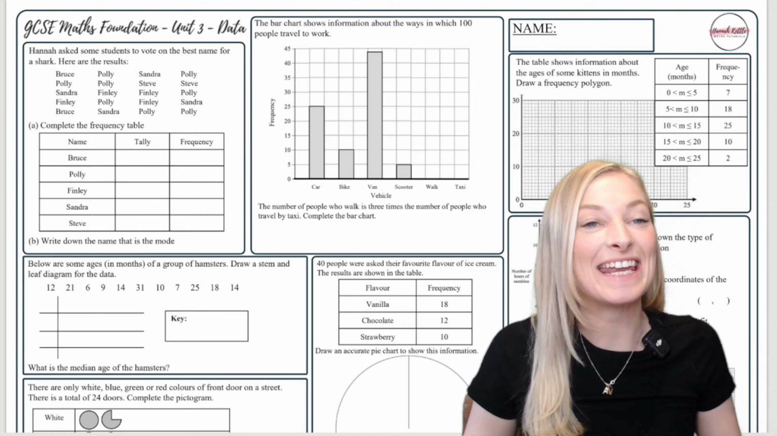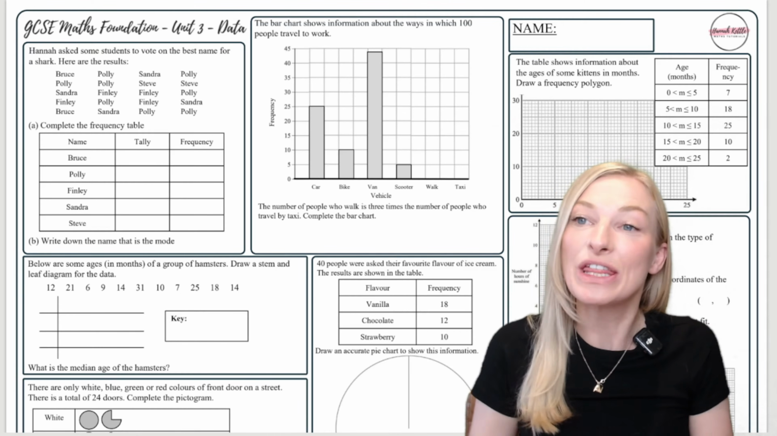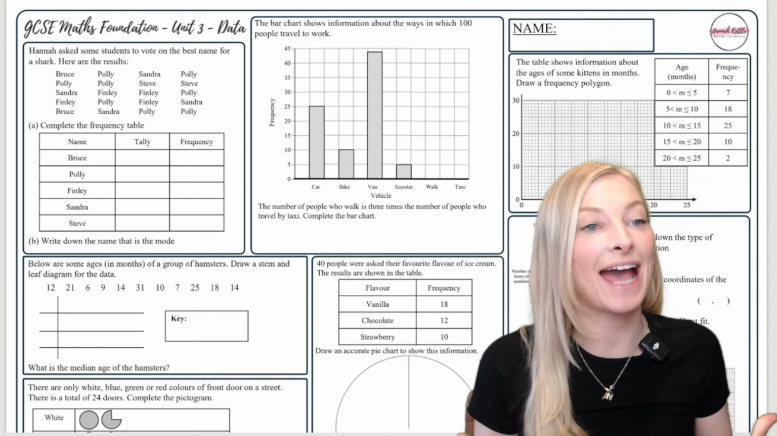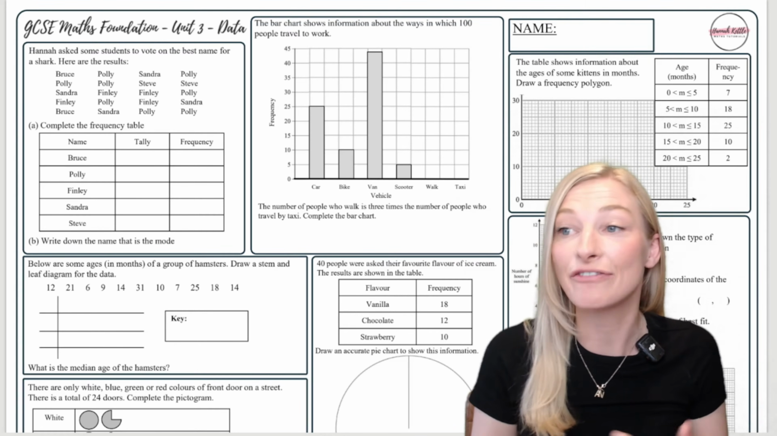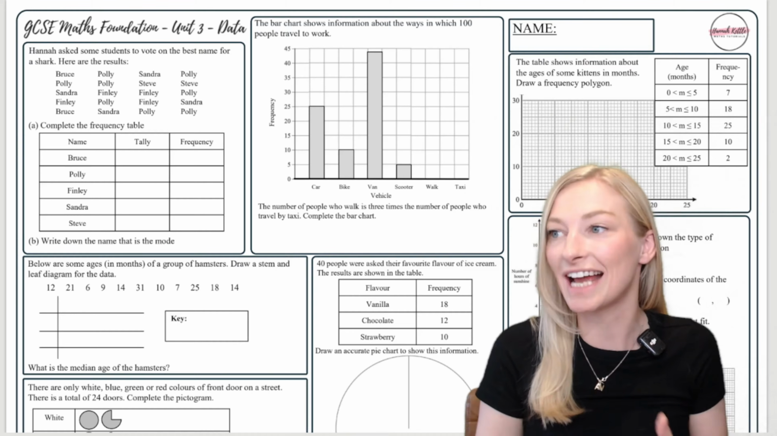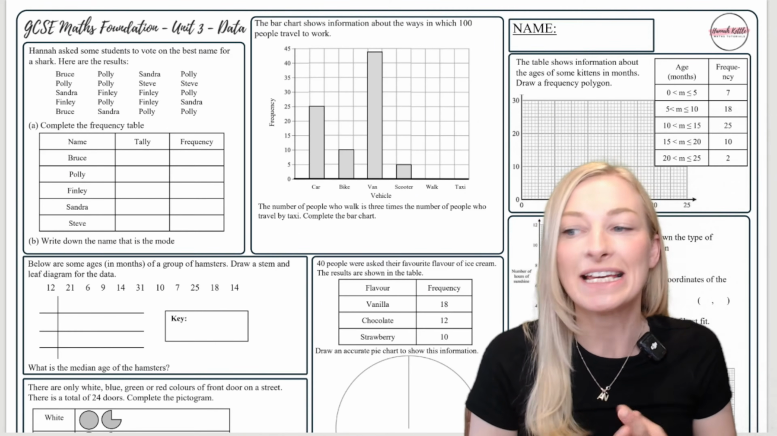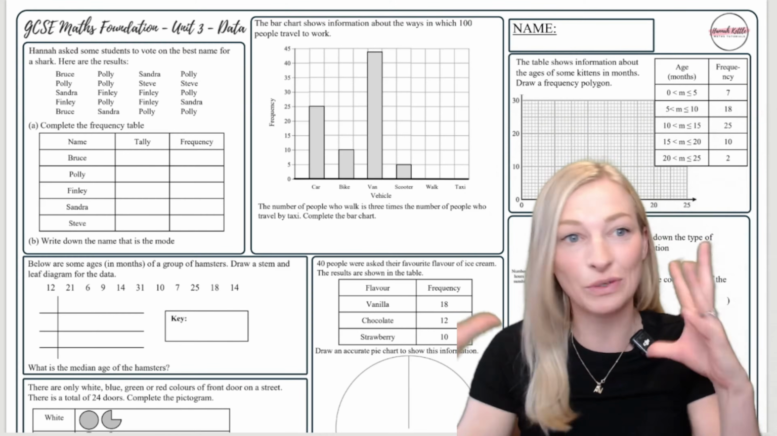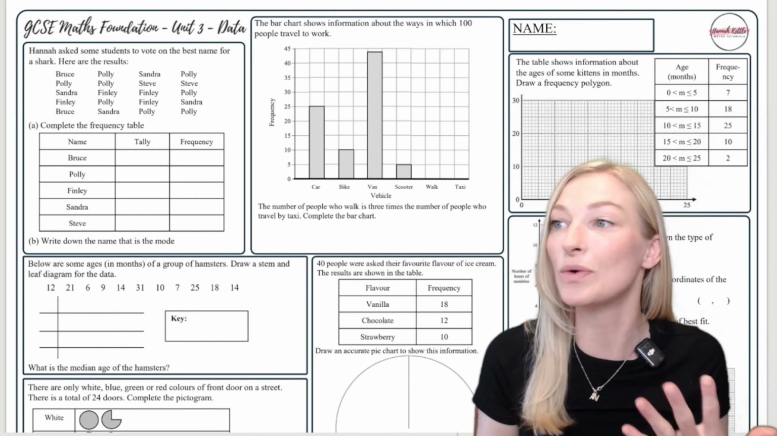Welcome back to the next unit video. This is unit 3 for the foundation tier of GCSE Maths, and today we're looking at data. So we're going to look at frequency tables, bar charts, scatter graphs, frequency polygons, stem and leaf, pictograms and pie charts in this, and I've squeezed it all in, so hopefully you've got it all on one sheet in front